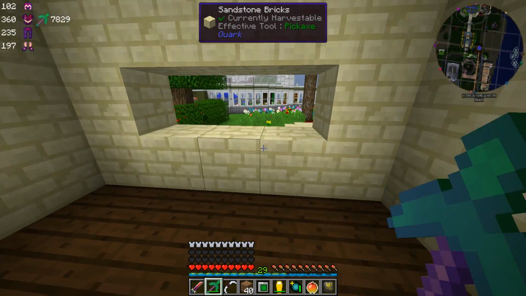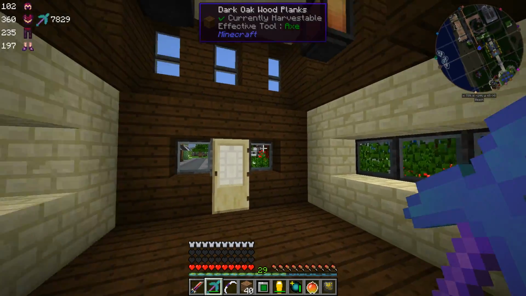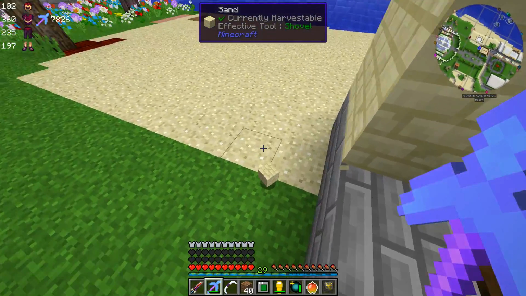No, actually, this is fine. We're going to need 2 of these now that I think about it. We're going to need 2 shield blocks because we're going to need one on the other end, because we're going to have a similar situation on the other end. So we're going to get rid of...